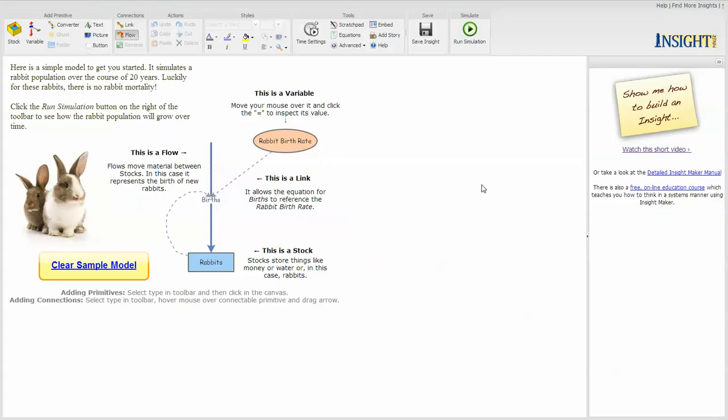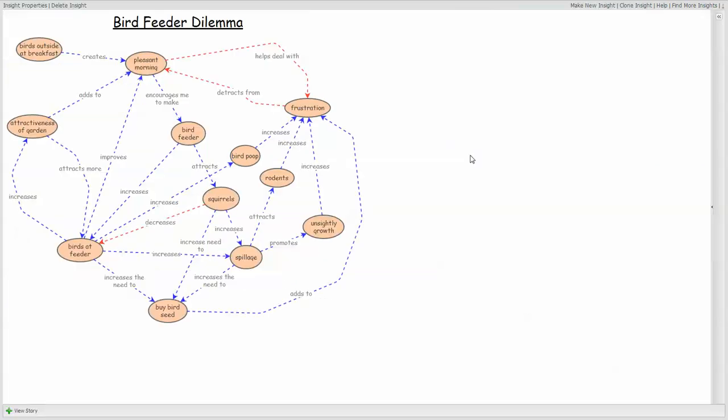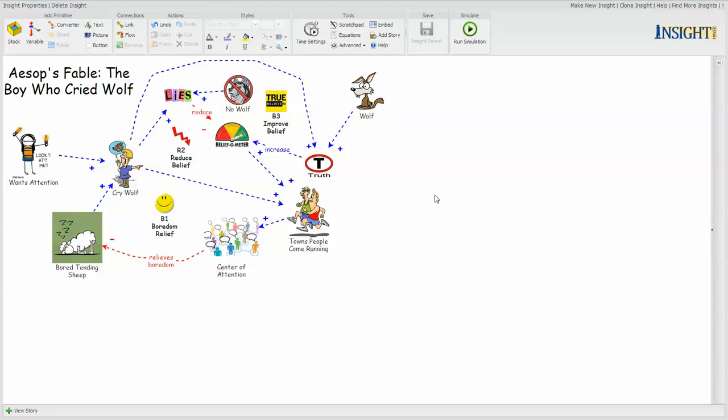So Insight Maker is a web-based multi-user modeling and simulation environment where you can develop lots of different kinds of models, and some of them are dynamic that you can simulate. So you can develop causal diagrams to indicate the relationships between a number of elements. You can develop rich pictures, causal loop diagrams, so sort of a hybrid between rich pictures and causal loop diagrams where there are indications as to whether the influences are balancing and reinforcing, and the fact that there are loops